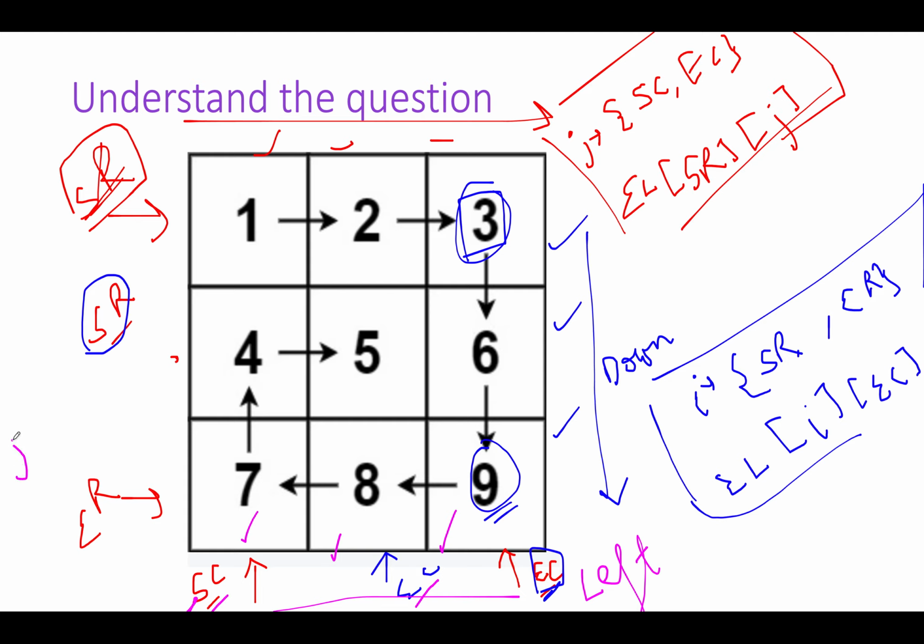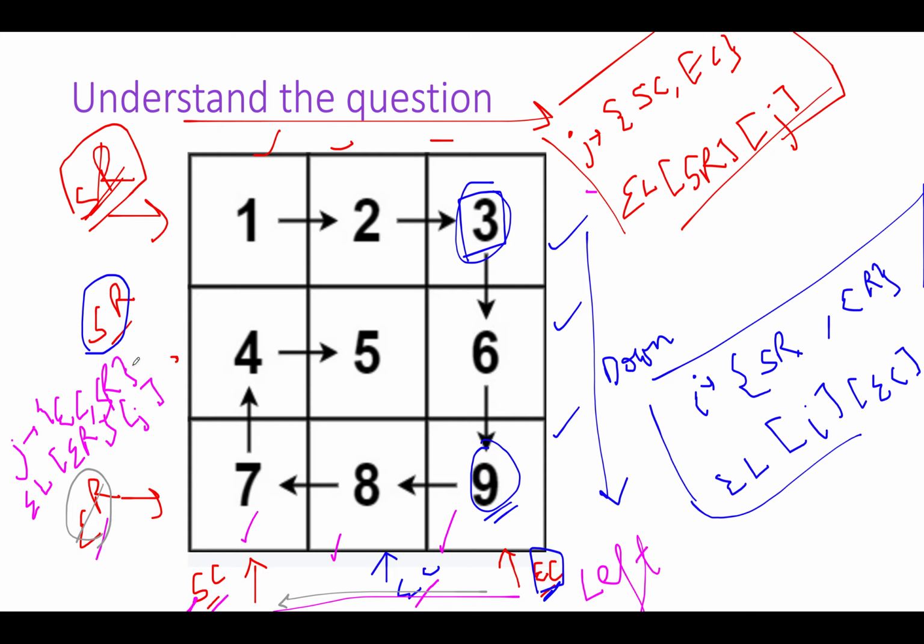J will extend from EC, end column, comma, start column, absolutely the reverse of the first step, and we'll print EL of end row, ER, comma J. Once we are done with the iteration in the left direction, we'll decrement the value of ER.